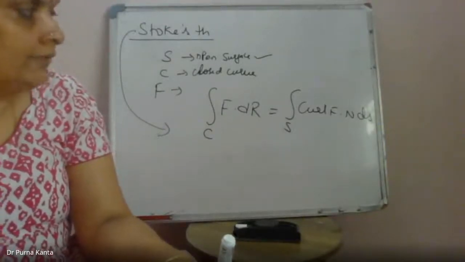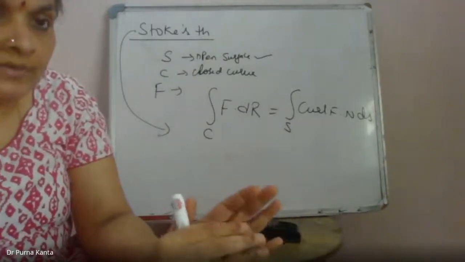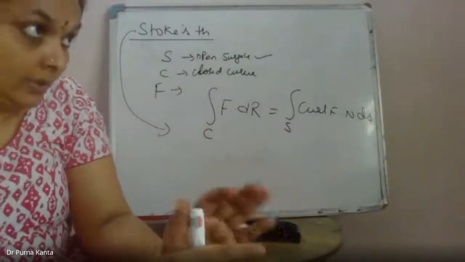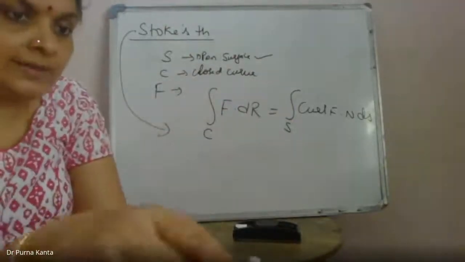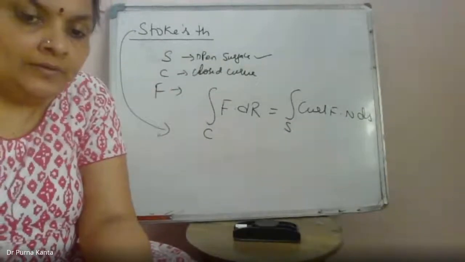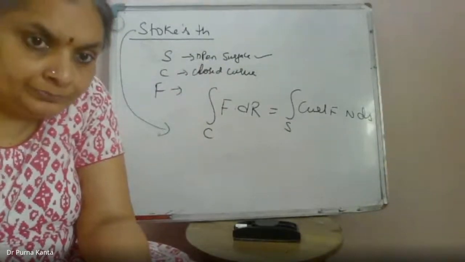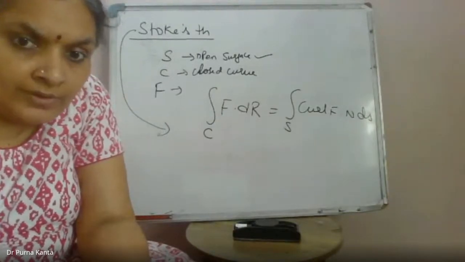Here also, first we calculate the surface integral. We calculate for all the surfaces. We show that it is equal to the line integral, or we calculate the line integral and show that it is equal to the surface integral. That is the process we follow. So take down the question first. Verify Stokes theorem